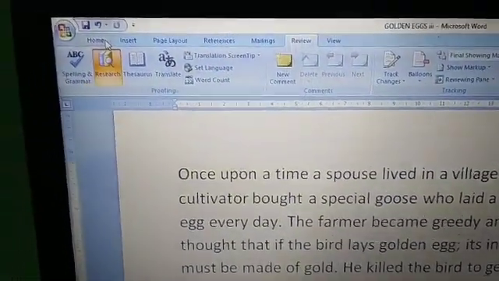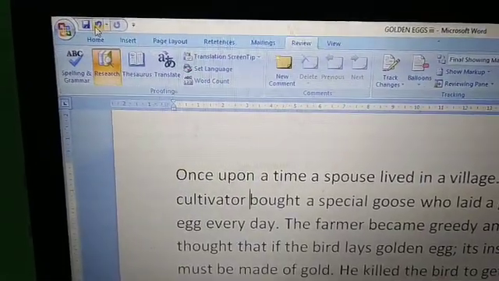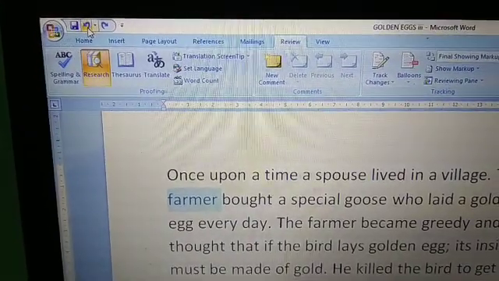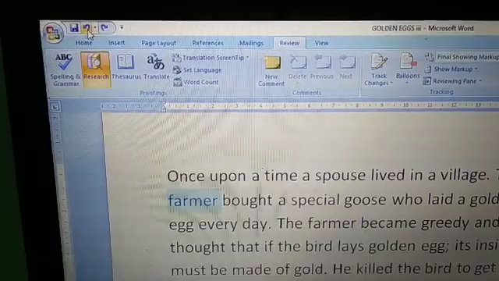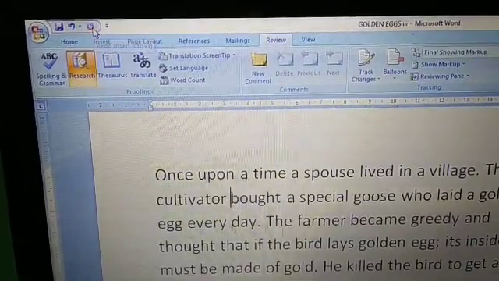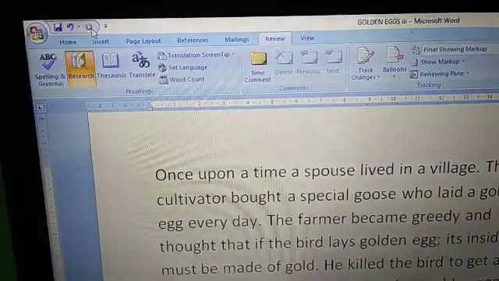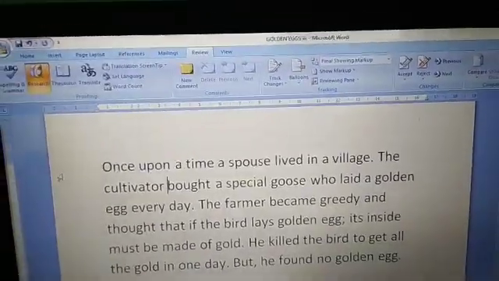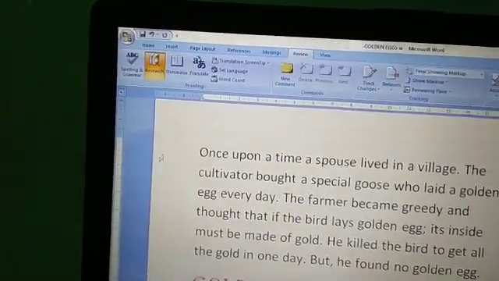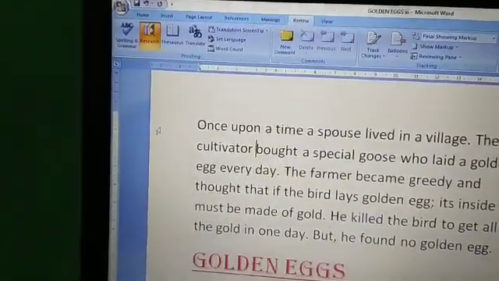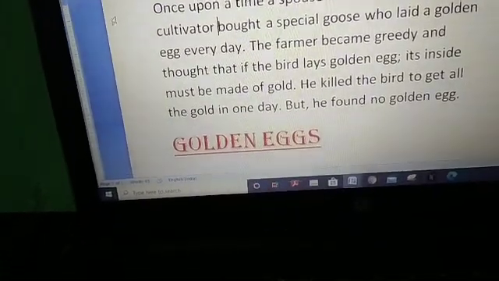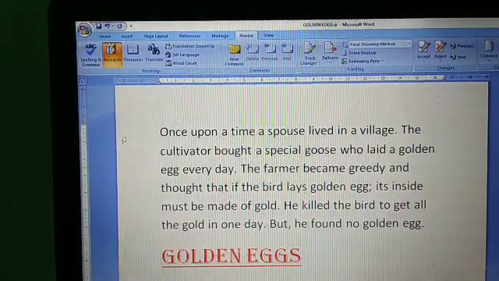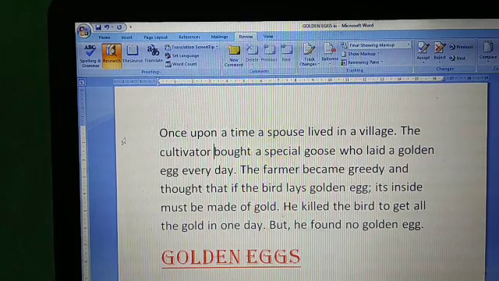Understood? Undo and redo. This is undo. The last command is undone. And redo will undo the last undo command. I hope you understood the undo and redo commands. Whichever mistake was made in the last command can be corrected through undo. And if in undo you have made some mistake, that can be corrected through redo. Simple. I hope you understood this chapter.